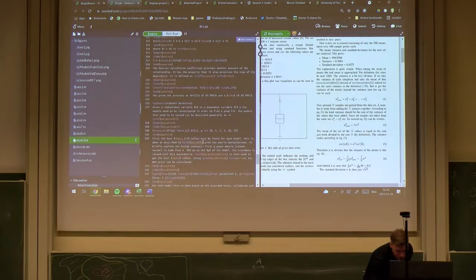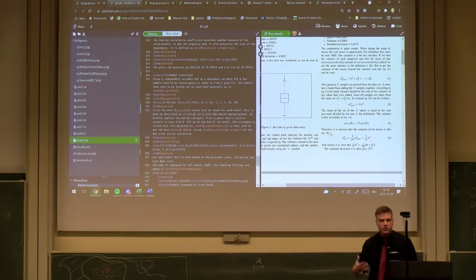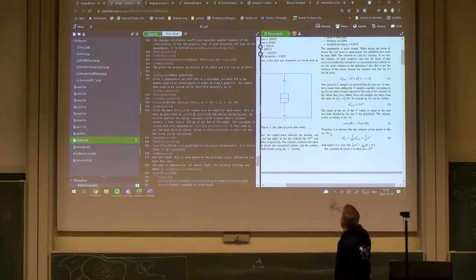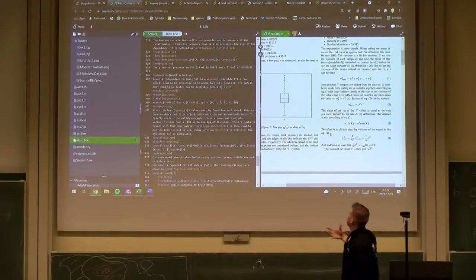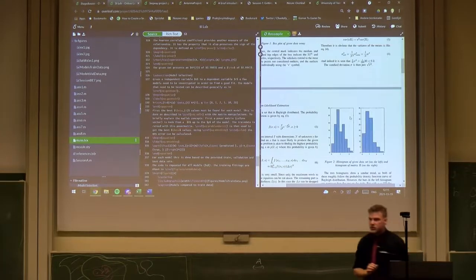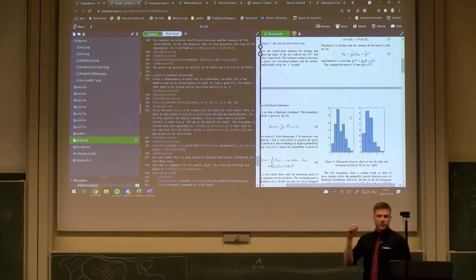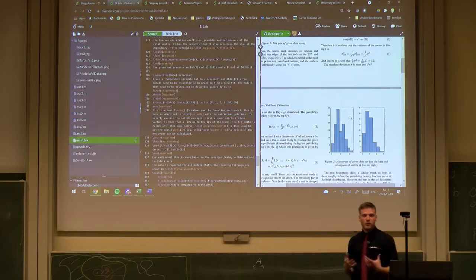So for instance, here I use the package cleverref, and I can just say, okay, I want to reference a certain section or an equation, and I will have the formatting that belongs to that certain reference in here. So for instance, equation 3. A reference to an equation will always look the part, and I can also have it instantly jump to that equation or to that section header. So I can use hyperref, that's a package, to make my links clickable and to make the whole document a lot easier to navigate.